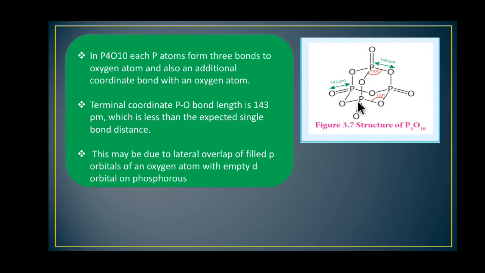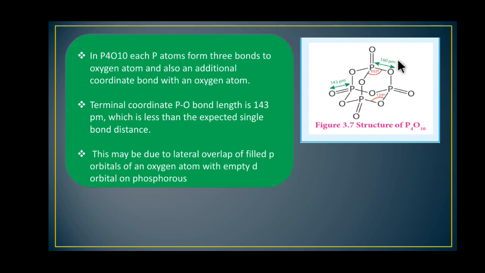All the phosphorus have a double bonded oxygen 1, 2, 3, 4, and also single bonds 1, 2, 3, 4, 5, 6. Is it clear? And here the double bond oxygen to phosphorus is 143 pm,